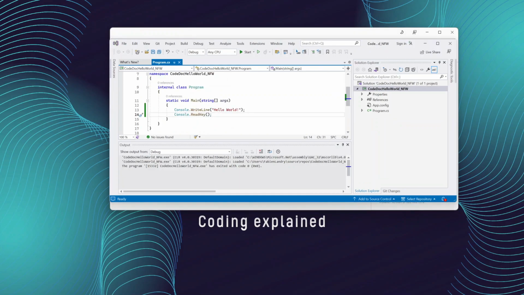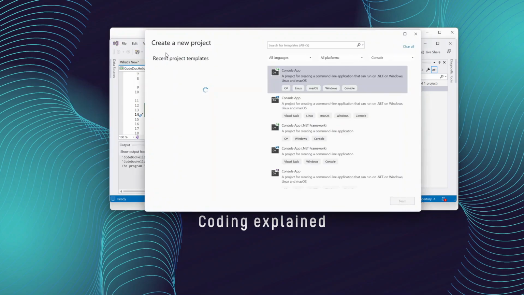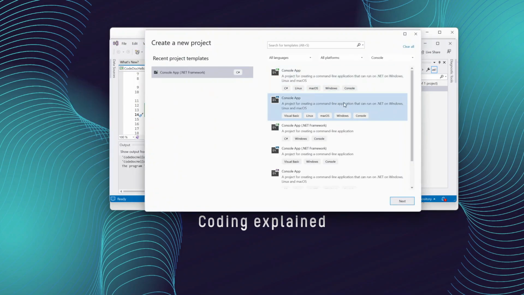So we add something: Hello World, Console.WriteLine Hello World and Console.ReadKey. The ReadKey will ensure that the application doesn't close until you have inputted something. So we're good to go. But first, I would like to create a new project, but this time, just like before, a new console application, but this time we